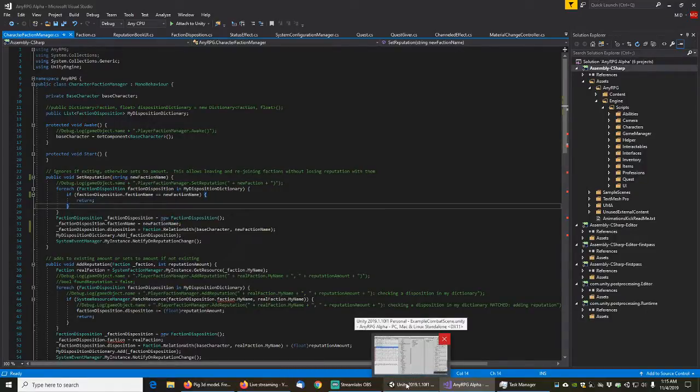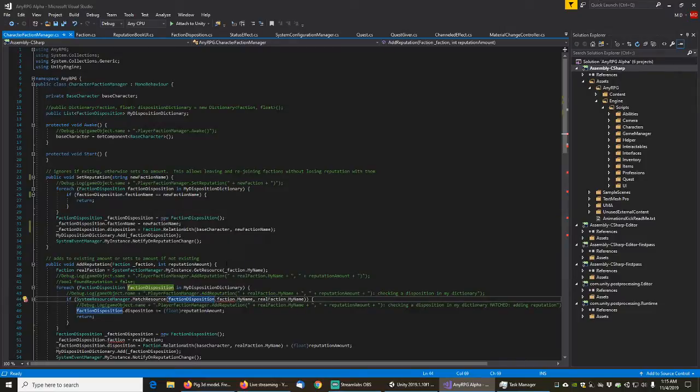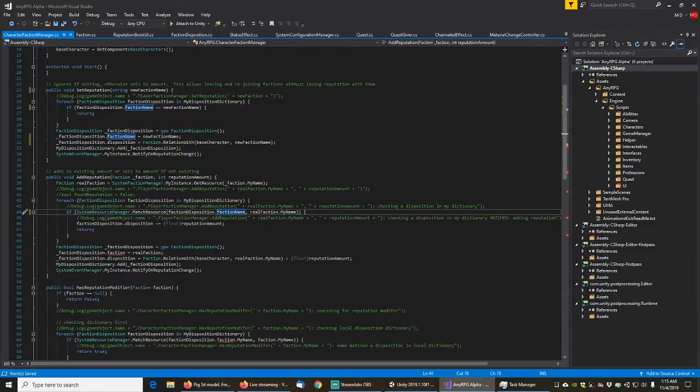And then faction disposition dot faction name right there. More stuff right here. So faction disposition dot faction name,